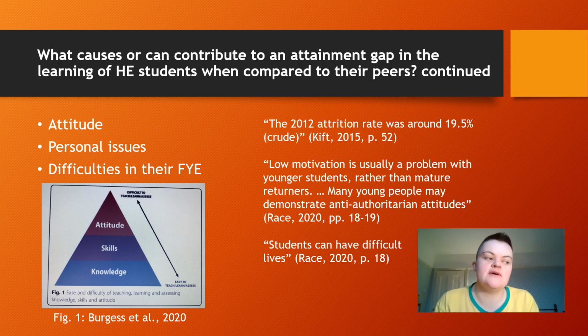19.5%. Okay, so they might have switched to a different course at the same uni, or the same course at a different uni, but as for the same course at the same university, 19.5% did not continue in 2012. First year students did not continue on the same course, and that's quite high. So obviously Kift's article there is all about students not being able to sustain their studies for whatever reason, and